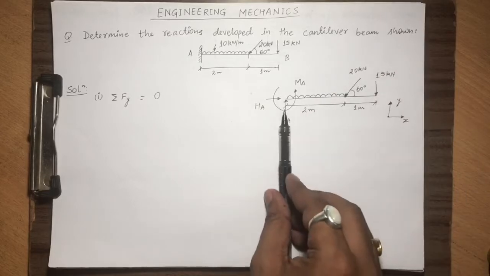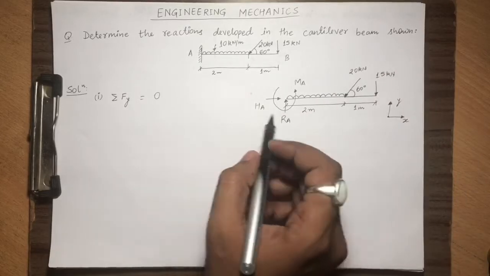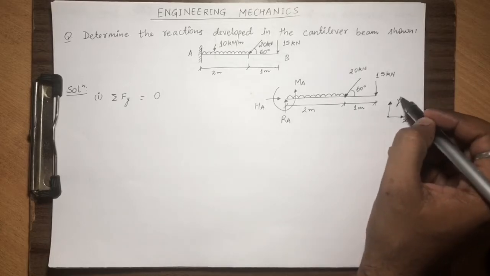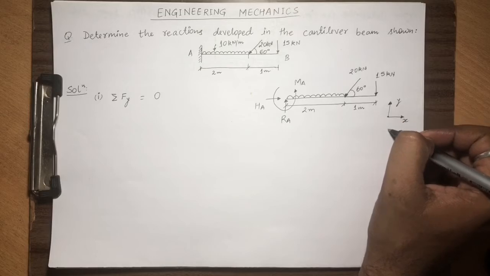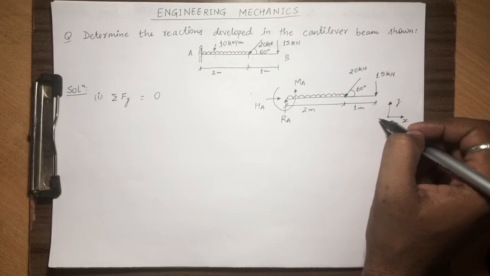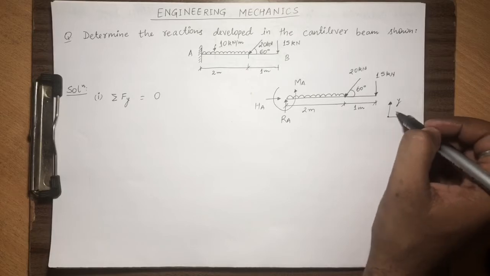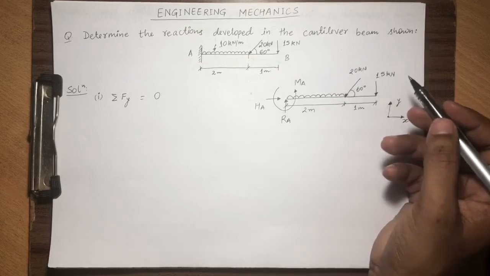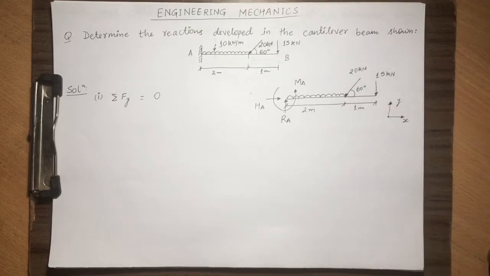RA is acting in positive y direction, so we will take it as positive. So the reactions coming in the direction of plus y will be taken as positive, in negative y will be taken as negative, in positive x will be taken as positive, and in negative x will be taken as negative. And if moment is clockwise, then we will take it positive. Moment is anti-clockwise, we will take it as negative. Okay, so